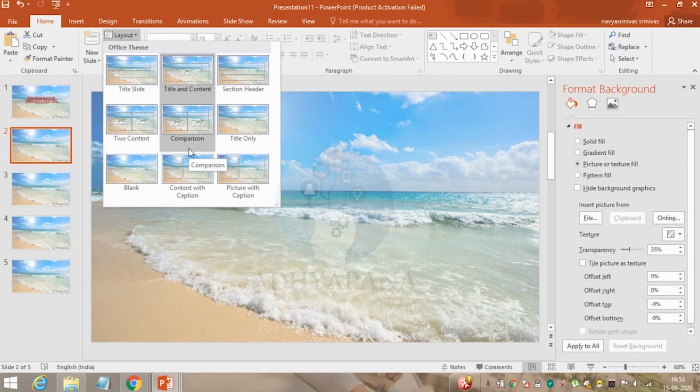If you want to compare any two topics, you can just go and select this comparison layout. If you want only the title part, you can just go for this. You can also go without any title or subtitle or any content. If you prefer, you can just go for layout blank. If you want content with caption with images, you can just select this content with caption. If you want picture with captions, just go with this layout.